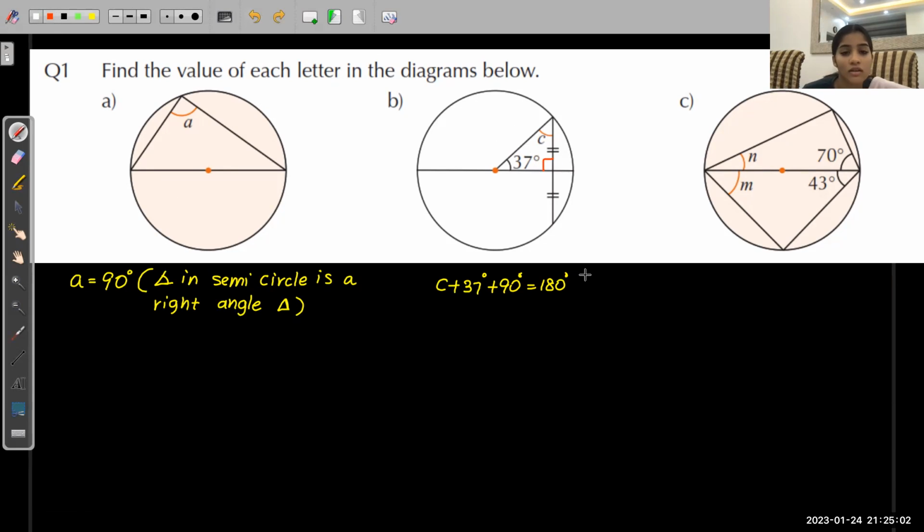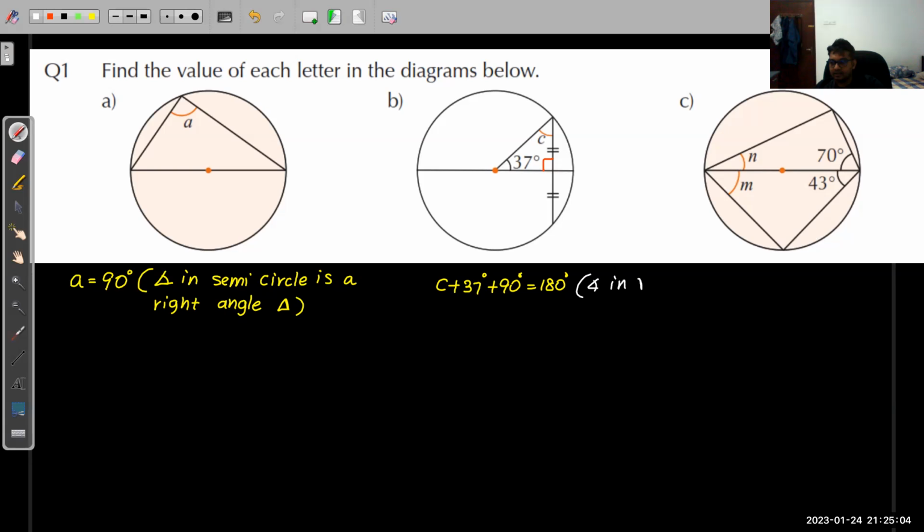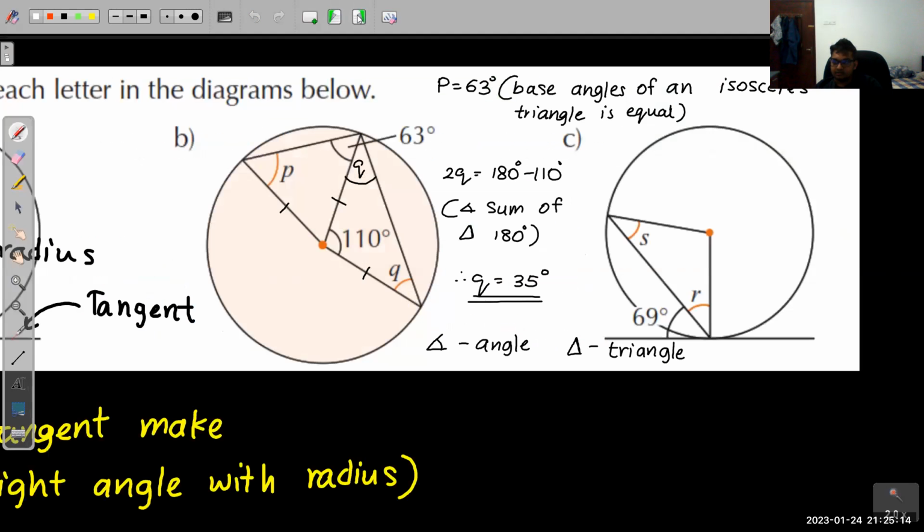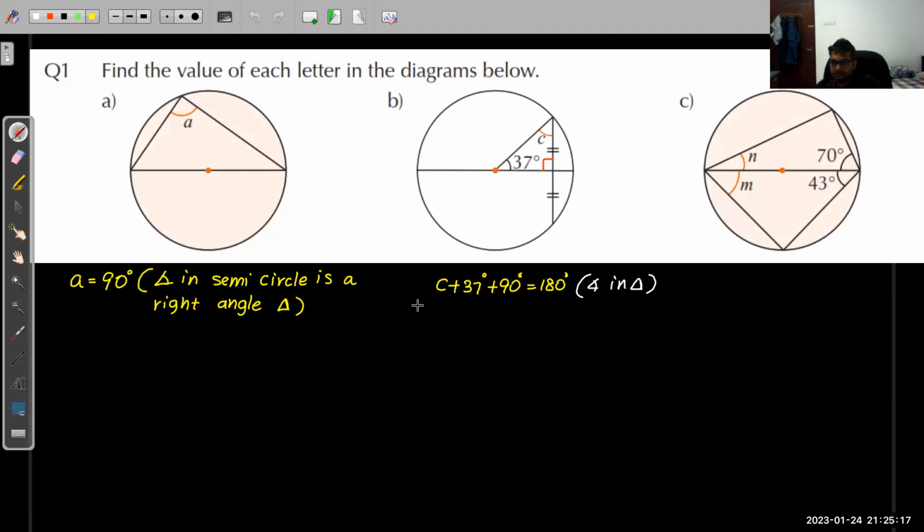Then you can tell angle sum of triangle. And this theorem is: diameter bisects a chord at right angle. Now you can find the value. C equals 180 minus